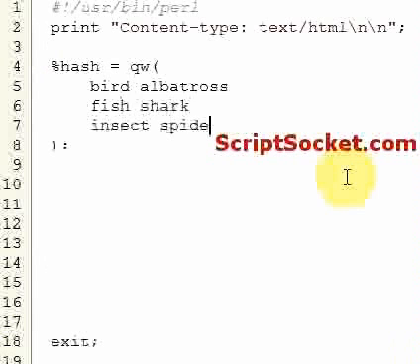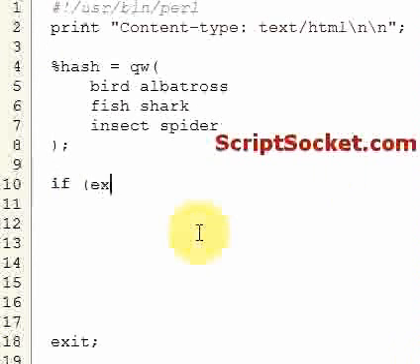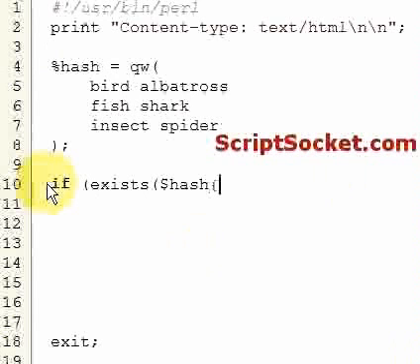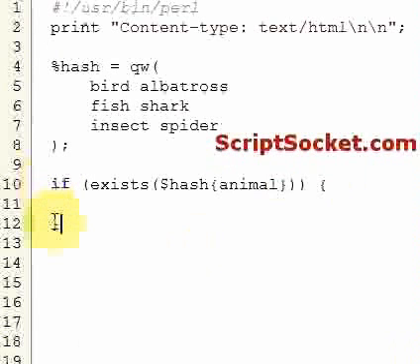Okay, so we can check whether a key in our hash exists or not. So we can use the exists function. So we can use an if statement. If exists, if the key animal exists in our hash, we'll print